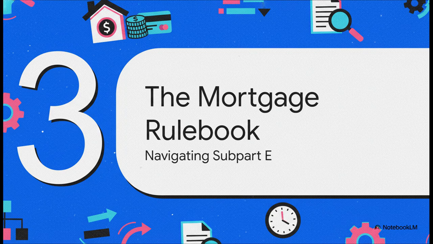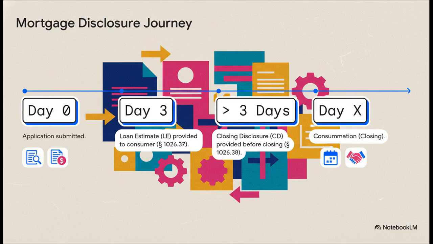Now, while a mortgage is technically a type of closed-end credit, its sheer complexity and financial importance mean it gets its own extra detailed, highly specific set of rules under Subpart E. The mortgage disclosure process follows a super strict timeline, and it's all designed to eliminate any nasty surprises at the